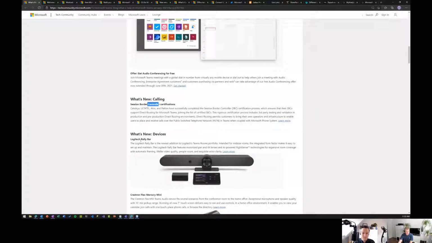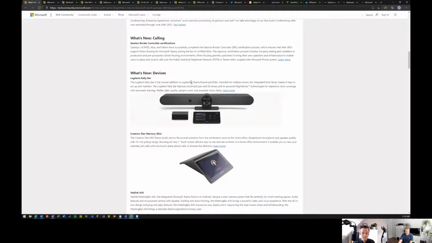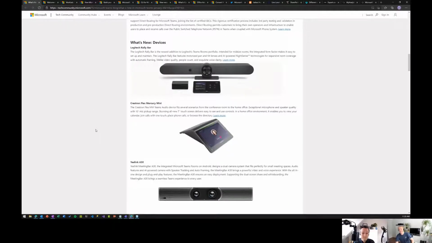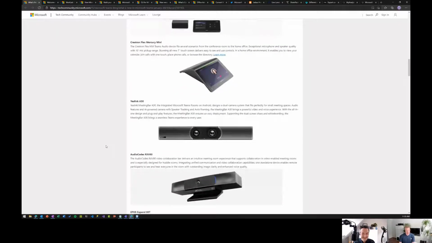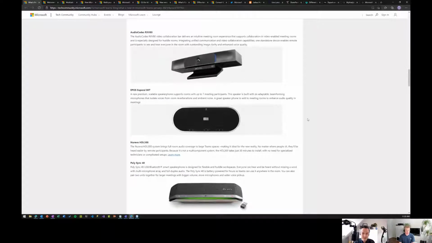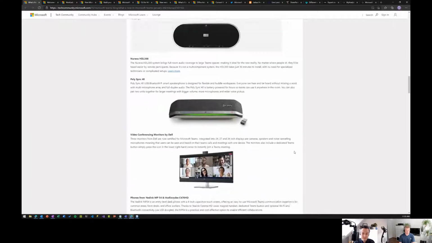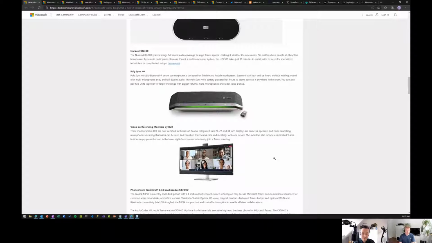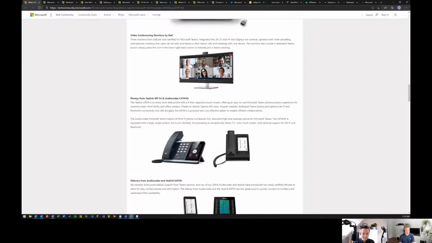Now, session border control certification, Logitech Rally Bar. It's a pretty big thingy, probably not for home usage. Just kidding. So. I want it. Yes. But obviously for the conference devices, it's good to say that a lot of devices are coming. I think sooner or later we'll hopefully get back to the office, well, at least visiting the office and doing meetings in the office as well.